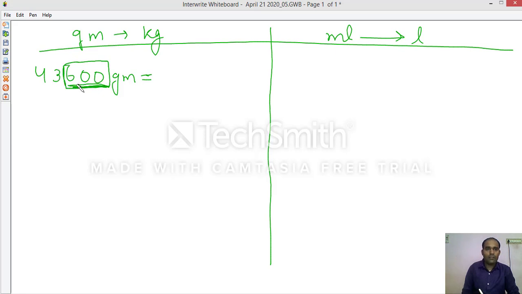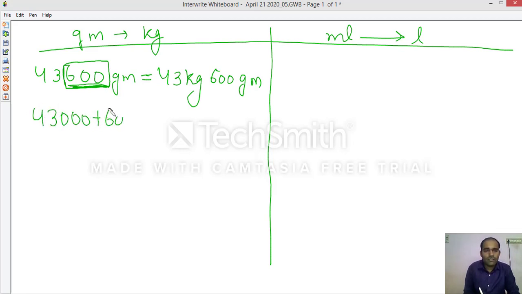If there are 3 zeros, we simply remove these 3 zeros and write 43 kilogram. But here there are no zeros. This should be 0 to write like this, but here is 600. So we will write this 600 separately into the gram portion, because it is extra 600. 600 gram.